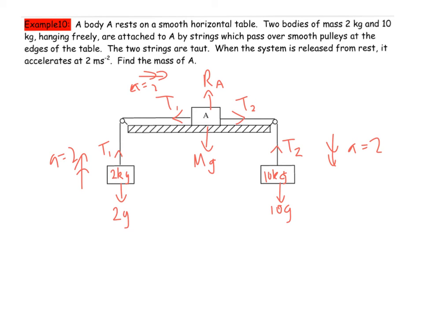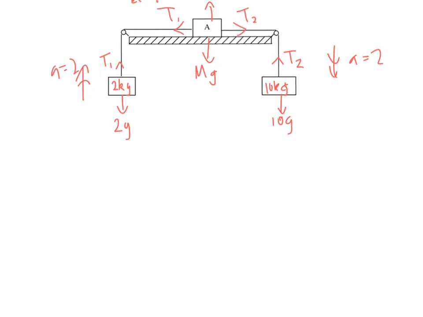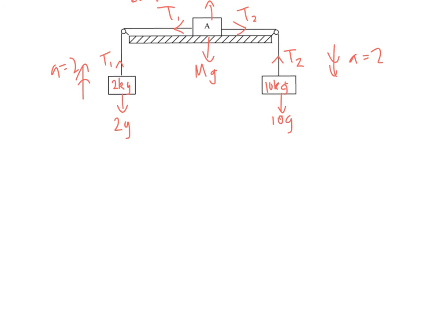To solve this, we can consider this as one system, 2 systems, 3 systems, and then the whole thing would be 4 systems. Probably because there's so much happening, I wouldn't consider the complete system. Let's break it down and look at the 2 kilogram system first of all. With the 2 kilograms, it's going to accelerate upwards. F equals ma because there is acceleration. Tension causes it to go upwards. The weight of it will oppose that, so minus 2g. That equals the mass 2, and the acceleration is 2. So T1 equals 4 plus 2 times 9.8,